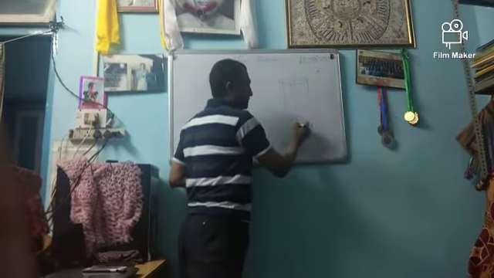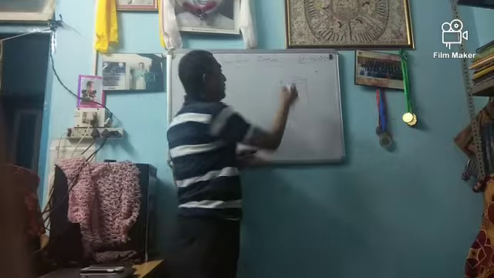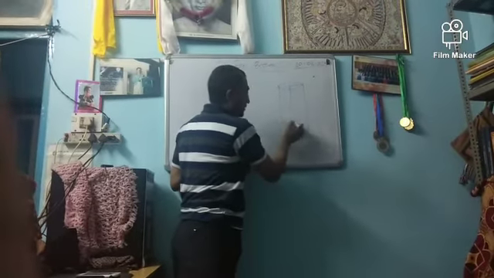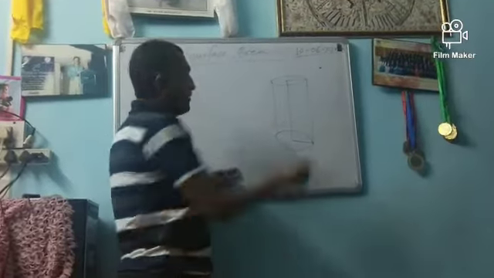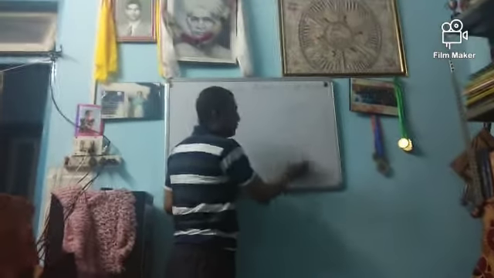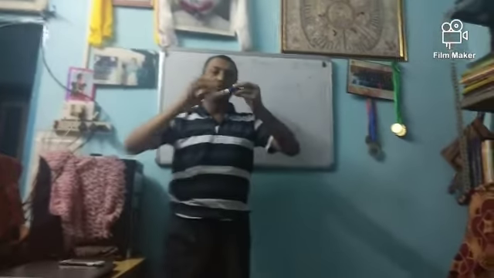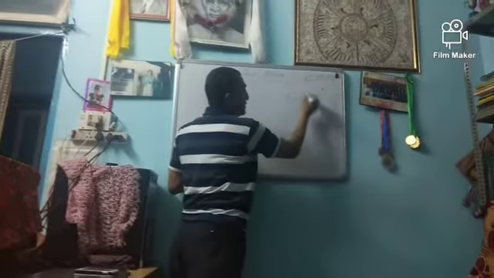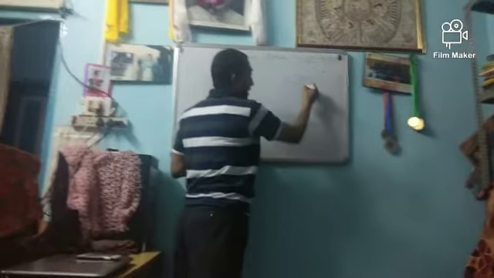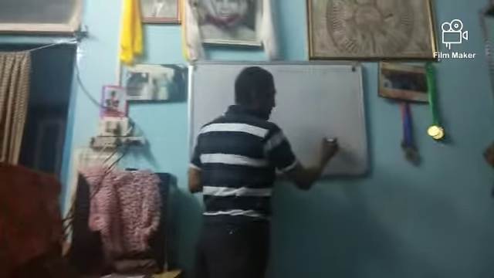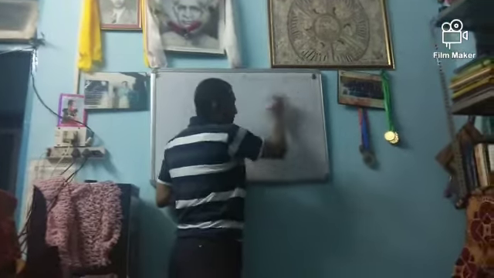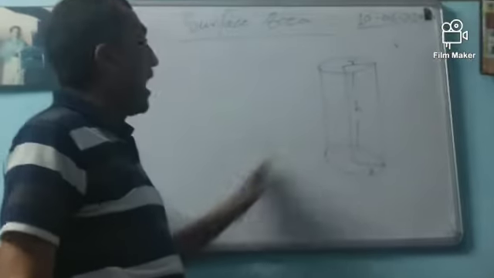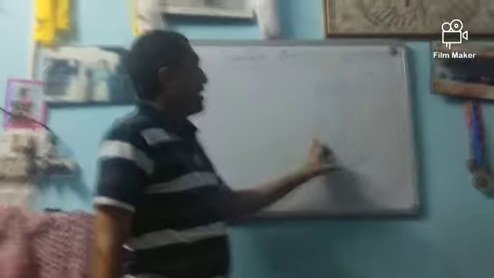And in the cylinder, we know the upper part is circular and this bottom part is also circular. So this circle and this circle. We can see this is a circle and this is also a circle. And like we see the circle, we always denote the radius by R. It is H. This is also R because it's a circle. So now we talk about the curved surface area and the total surface area of a cylinder.